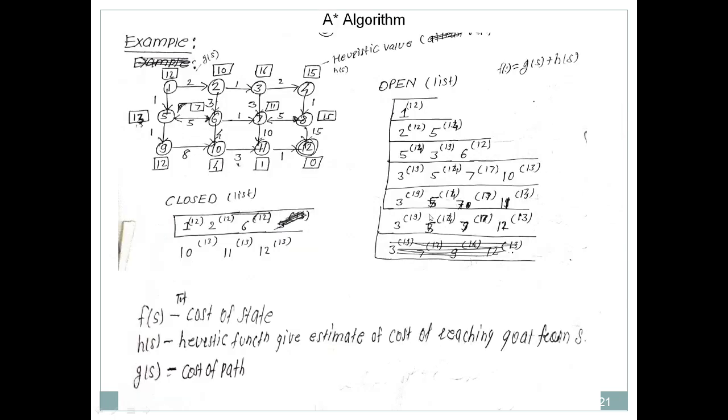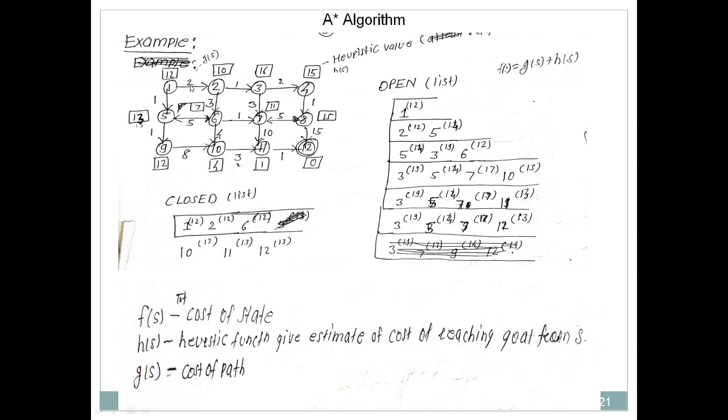Now let's take a simple example. In order to explain the A star algorithm, we'll consider this particular graph. Here you can see various values. The value which is written in the box will represent the h value. I already explained what the h value is. The h value is the estimated cost to reach the goal state,